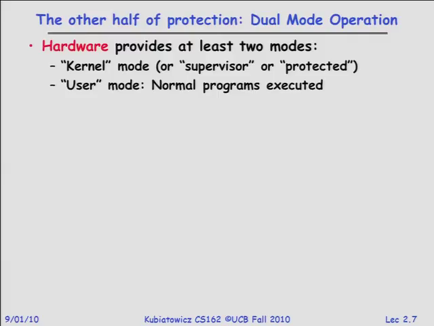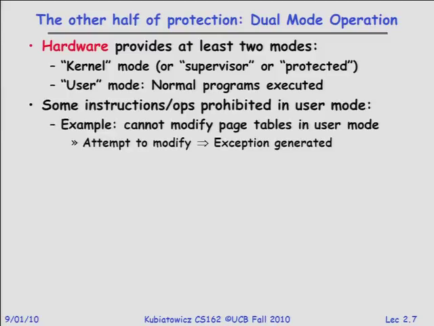But we have at least 2, and the idea is that we're going to have some hardware be restricted to only operating in kernel mode, and the rest of the hardware operating in user mode. Okay? The thing operating in kernel mode is going to be the translation hardware. The memory management unit will only be writable by the kernel. Some instructions or operations are prohibited in user mode and only available in kernel mode. If the user mode process tries to change those things, like change the mapping, we'll get some sort of exception, and then game over, page fault, your program's dead,